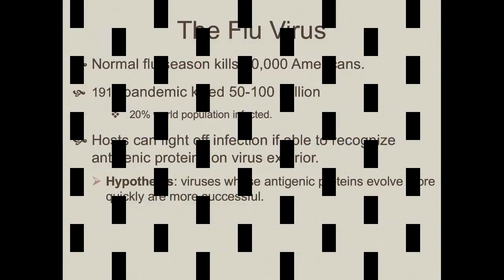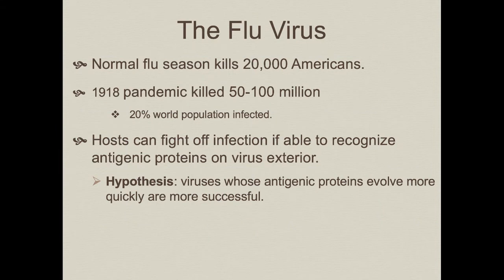In this video, we'll continue our investigation of how, using an evolutionary perspective, we can learn more about illnesses that affect humans. Let's first begin by investigating the evolution of the influenza virus. In a normal flu season, we see the death of about 20,000 Americans. But I'm sure you've all heard of the Spanish flu of 1918. This is a huge pandemic, killing 50 to 100 million people, which affected about 20% of the world's